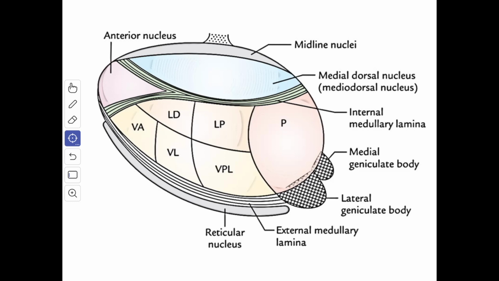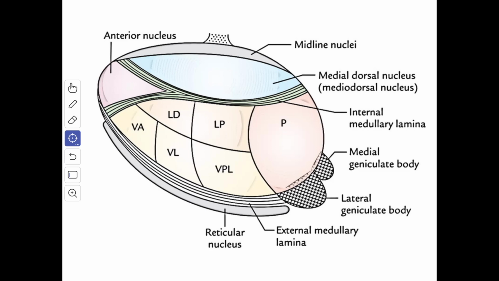Next, you have a vertical Y-shaped sheet of white matter within the thalamus called the internal medullary lamina. So this is the internal medullary lamina. The thalamic gray matter consists of a number of nuclei. The gray matter of the thalamus is traversed anteroposteriorly by a vertical sheet of white fibers known as the internal medullary lamina, which bifurcates anteriorly to assume a Y-shaped configuration.